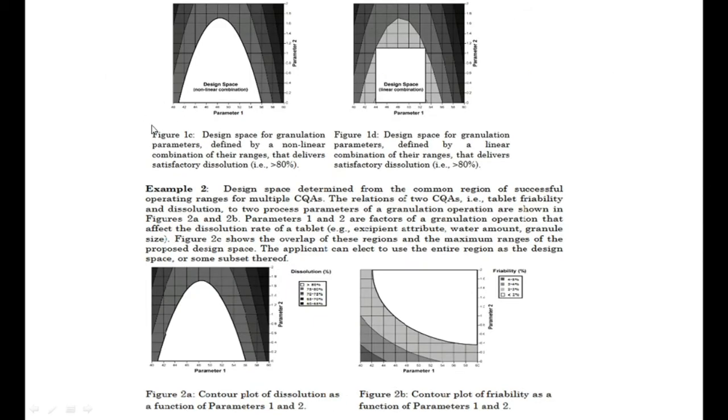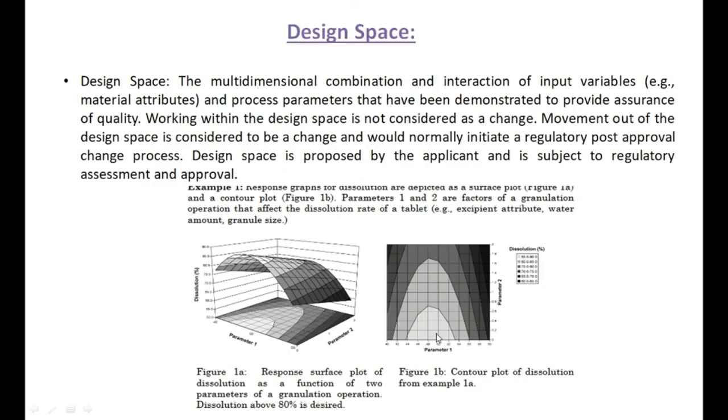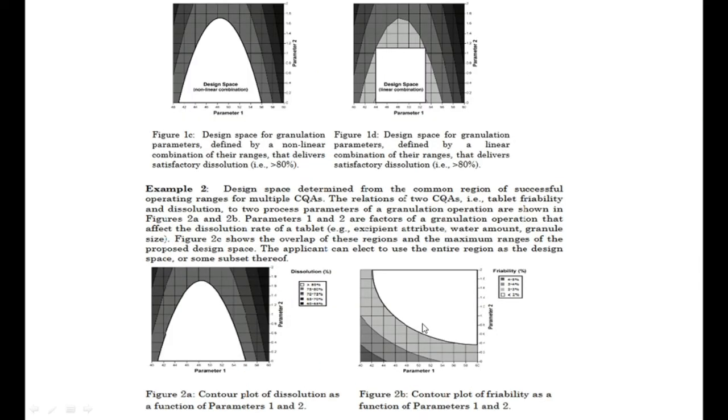So in this diagram now we can see that the desirable range is 80%, right? So this includes this area and this area both. So here this area is the desirable range of the CQA based on these parameters. So we can say if we range parameter 1 from this to this, it is around 41 to 56. That is the value for parameter 1, and for parameter 2, the range is 0 to 1.7.